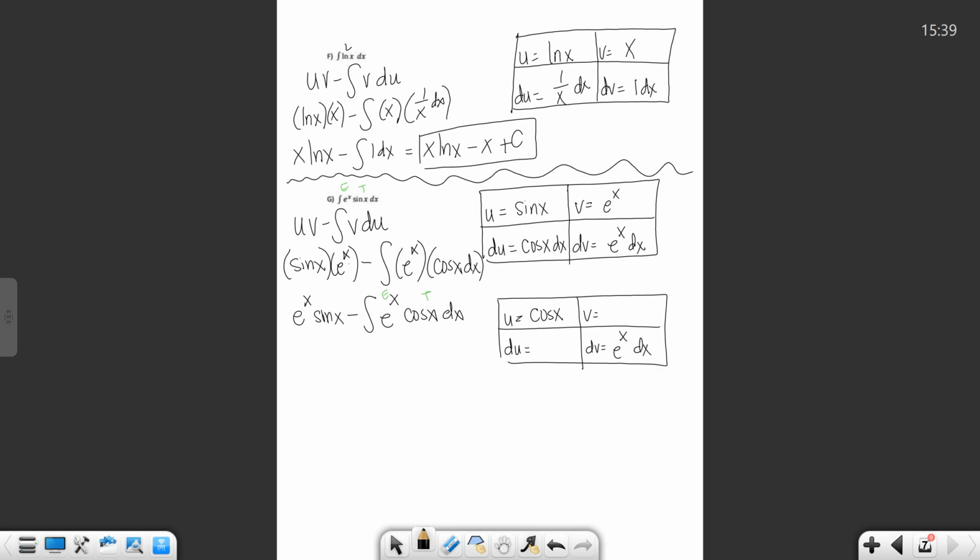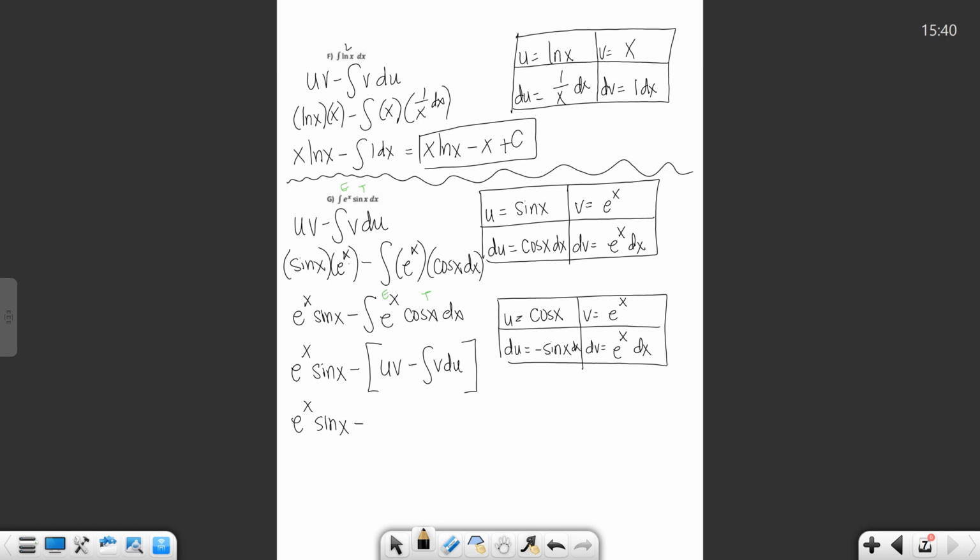Alright, so if u is cosine x, then du is negative sine x. Okay, and then that's just going to be e to the x dx right there. Okay, so if I kept on going, then I copy that e to the x sine x down. Minus, alright, so then that's going to be uv minus the integral of v du. And again, when you have to do these by parts twice, just be really careful with your signs. Okay, so that's e to the x sine x